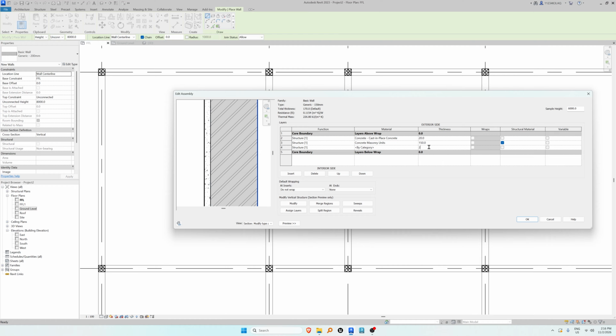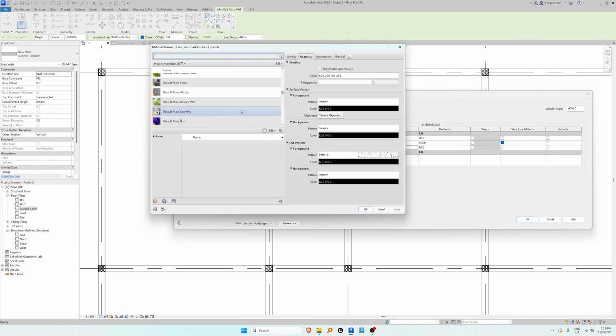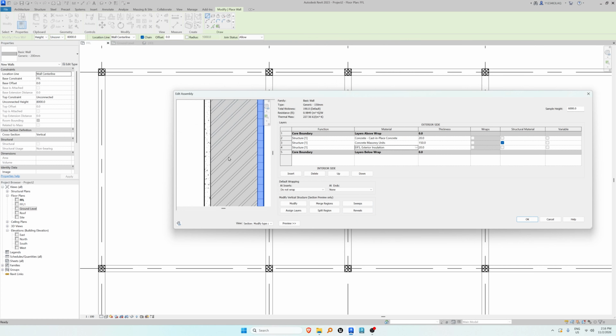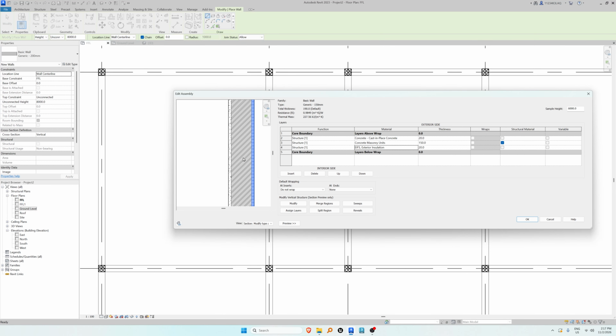Give it a thickness again, 20. And change to a new material, right? Just any material that you have. Maybe this, because the pattern is different, right? Just to see what's happening. So you can see because this is 20 at the back, the masonry unit is the hatching that we had before, right? And the concrete is here. So you can add in like more layers to this, make it like a